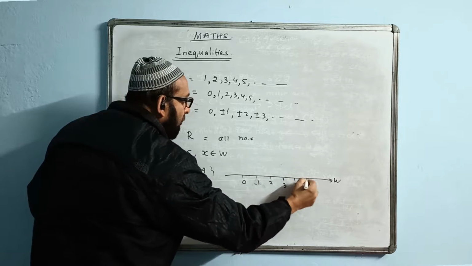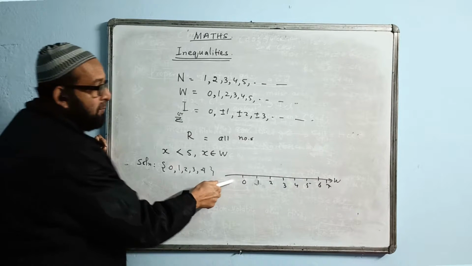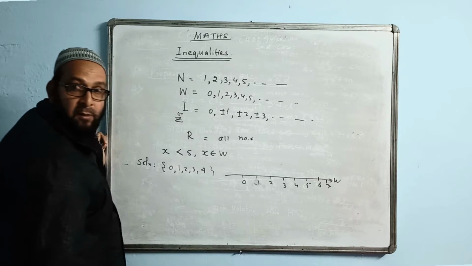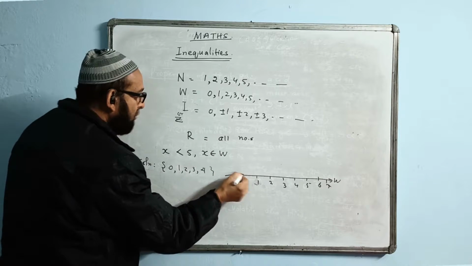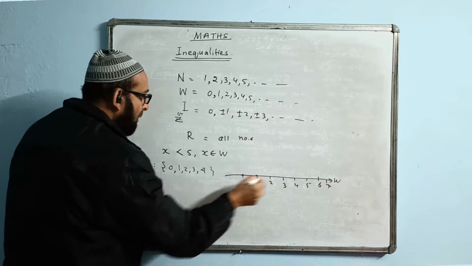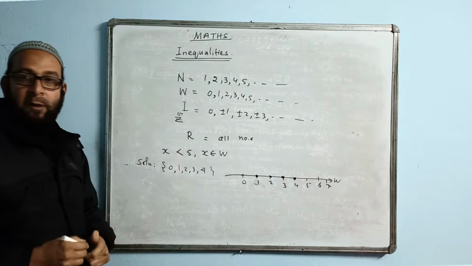2, 3, 4, 5, 6, 7. We'll show a little more. Don't show minus, because minus cannot be whole numbers. On this number line you must not go with the minus sign. 0 is the answer, put a dot on 0. 1 is the answer, we'll put here. 2 is the answer, 3 is the answer, 4 is the answer. Finished.